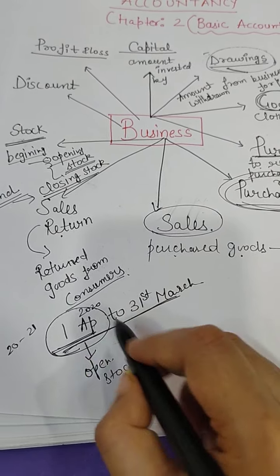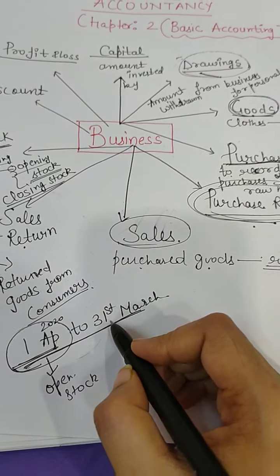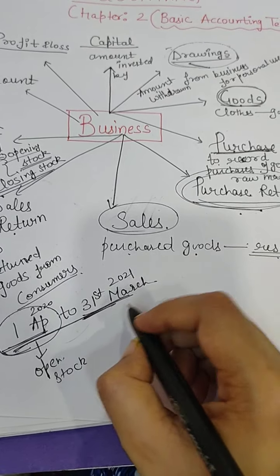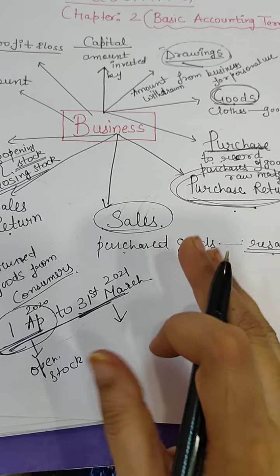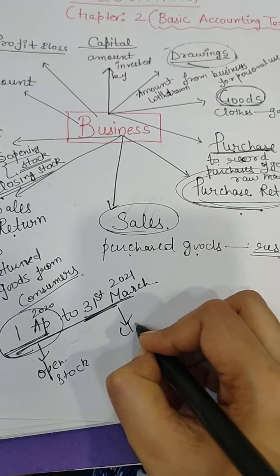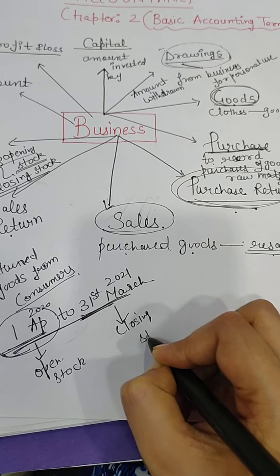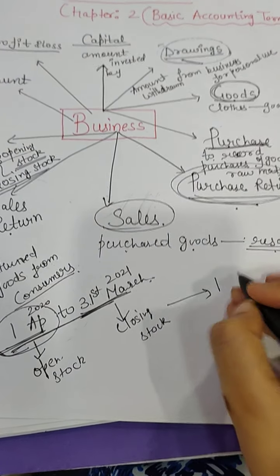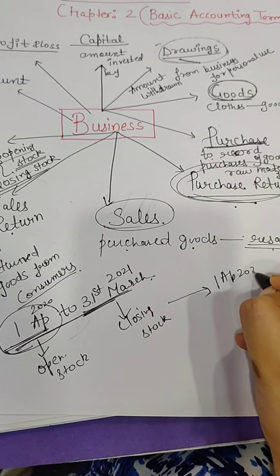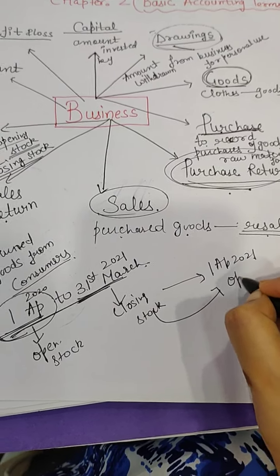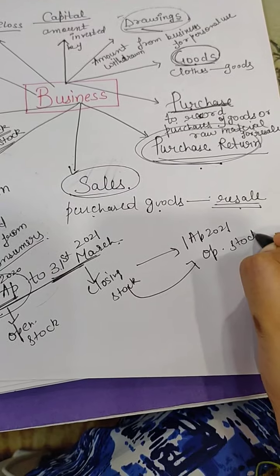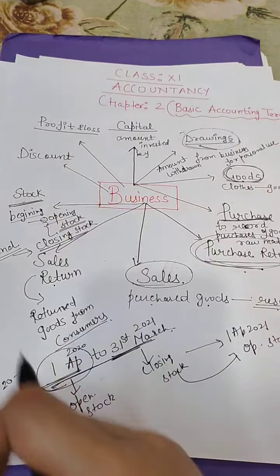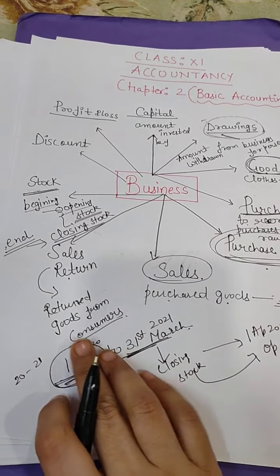After doing all the transactions, purchasing, selling, all these things, at the end of the financial year, means on the day of 31st March 2021, that much of material will be counted as closing stock of the business. But on the very next day, 1st April 2021, this will become opening stock again. That's why we call this the accounting cycle. It never stops, it is always a continuous process.